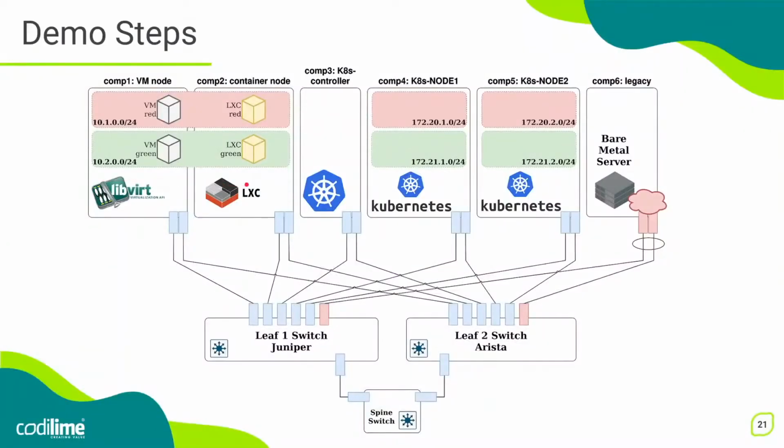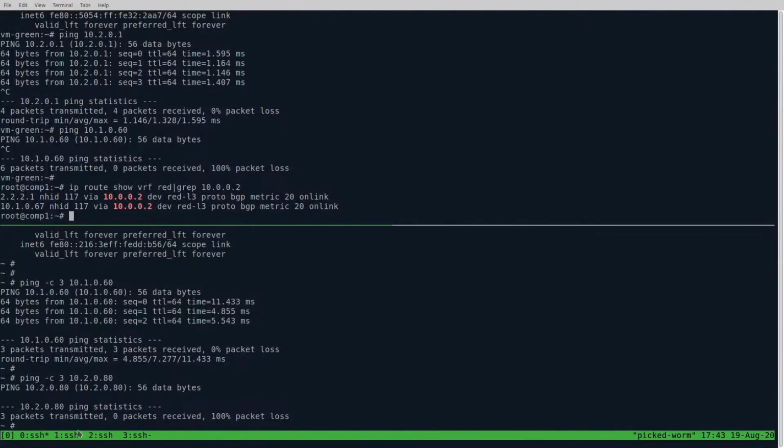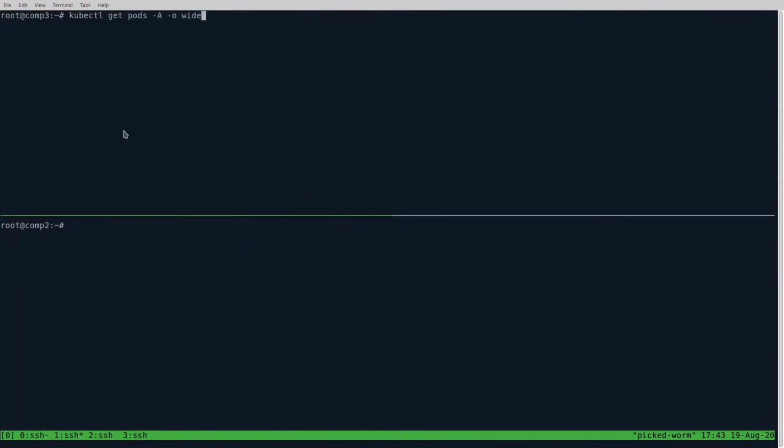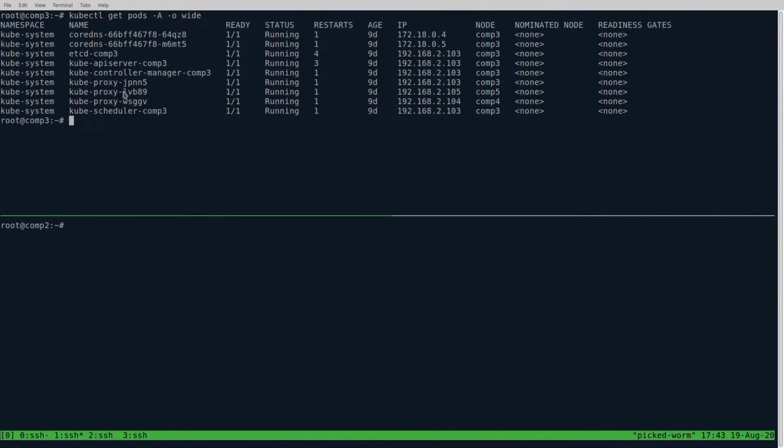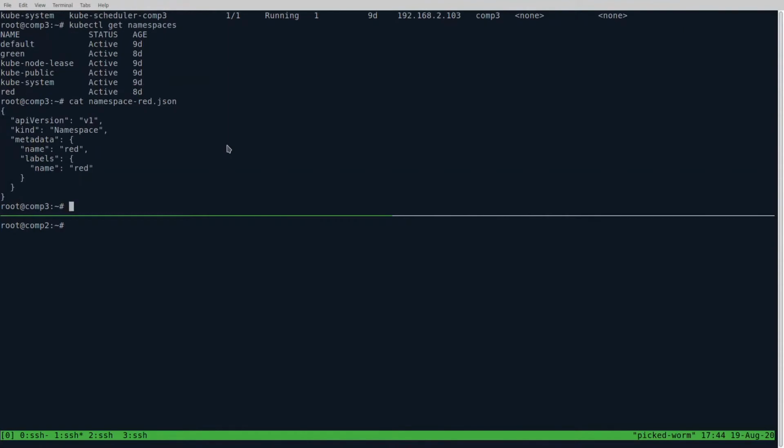Okay, having finished with the containers, let's move to Kubernetes, and during this part, we'll first create the deployment of the two Nginx. First, let's check if the resources are running. We can see that there are only default pods running on Kubernetes. Nothing special here. We have some namespaces pre-configured already, the green and the red. Again, those are typical namespaces of Kubernetes, nothing new, nothing special here.